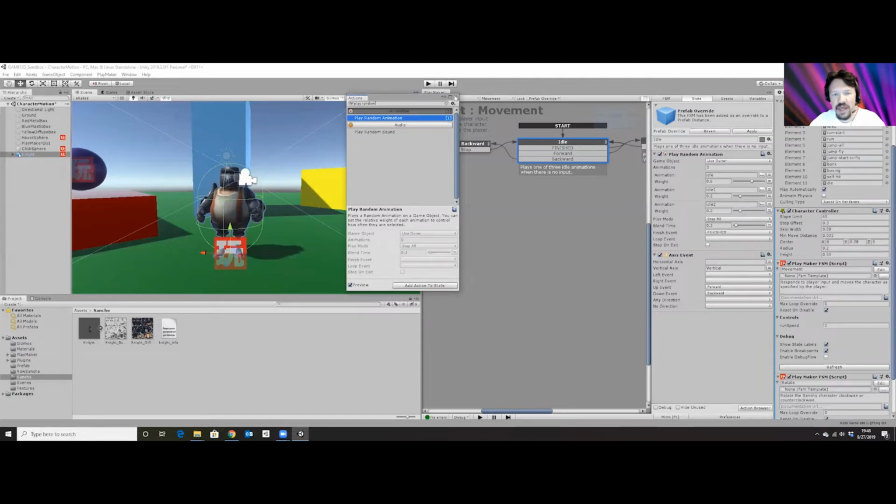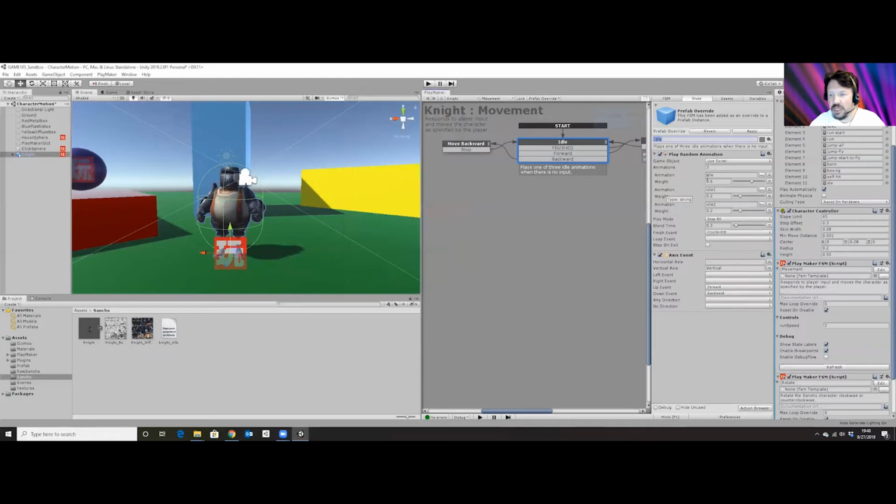So double click that, and it'll put it into your state, into the idle state. At first it's just going to say 1, I think, but we're going to select 3. So type 3 into the number of animations and hit tab, and then you'll have 1, 2, 3 windows now,